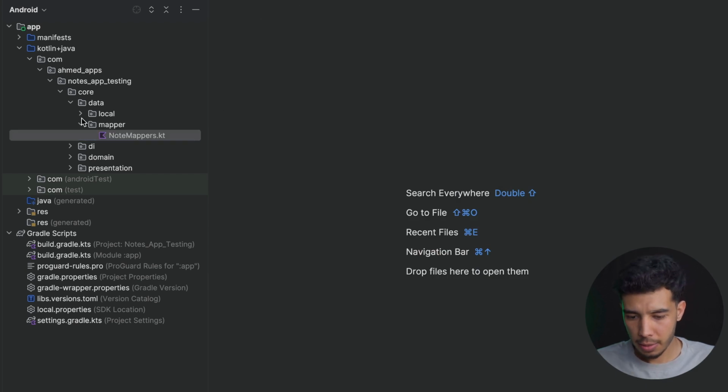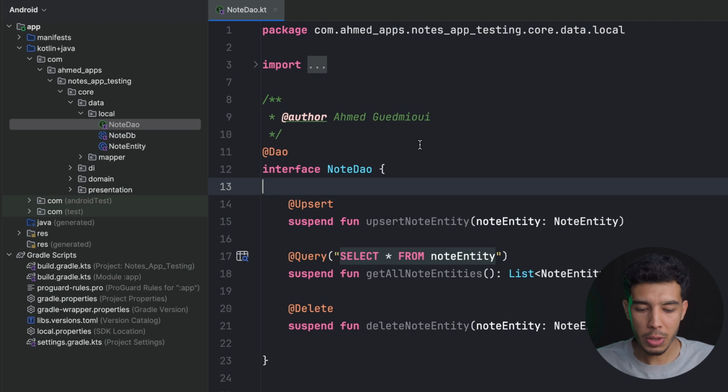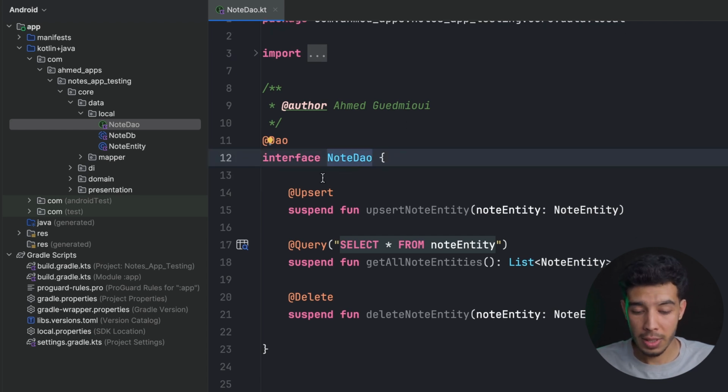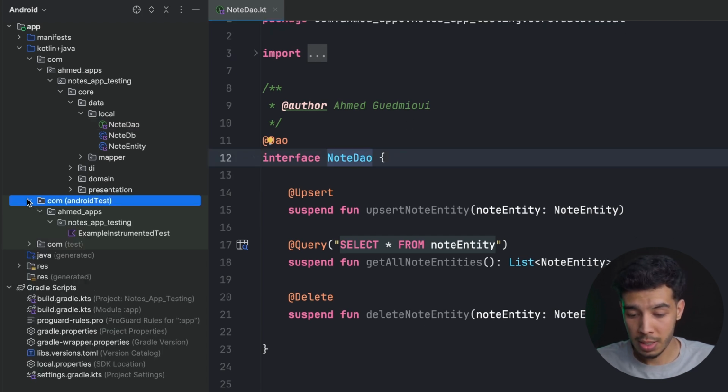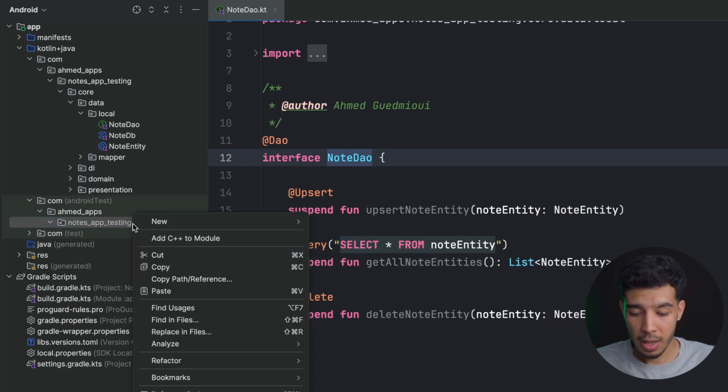Now the next thing we want to do is testing. What are we going to test? Our node DAO. We want to test if we actually do insert nodes to our Room database, if we do get those nodes, if we do delete a node. So now to generate the test for this one, we want to go to androidTest. Since this is where we want it to be, we can delete this pre-existing test, and then we want to